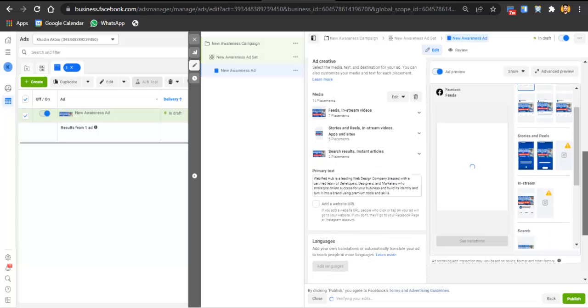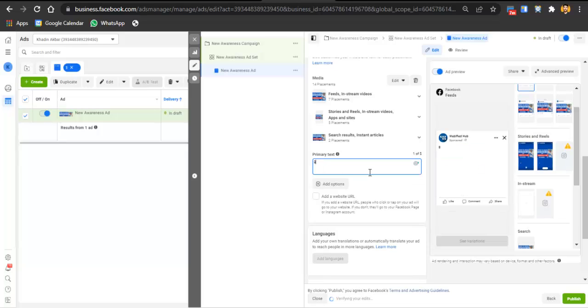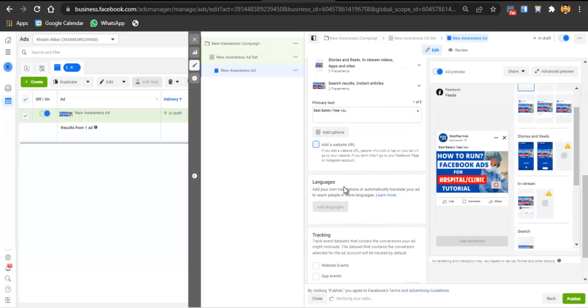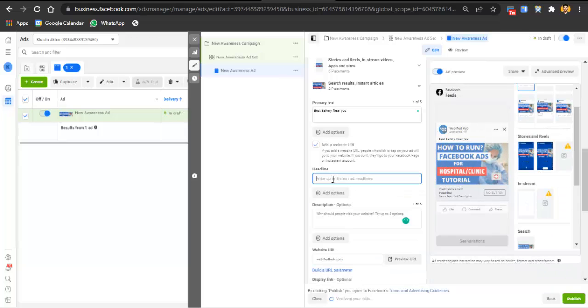And then you have options of primary text, like best bakery near you. Then here you just have to click on add the website URL, and you just have to add your website URL, which is right now webifydhub.com, and you just have to add your bakery URL. And here you just have to add the headline, best bakery